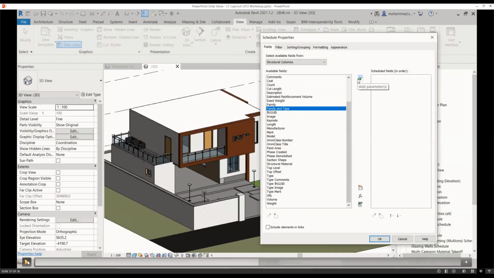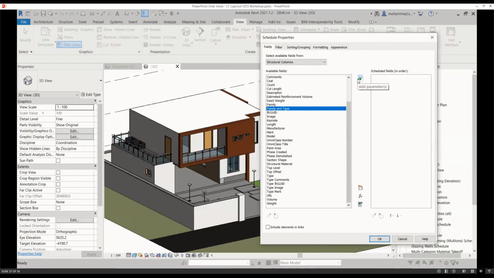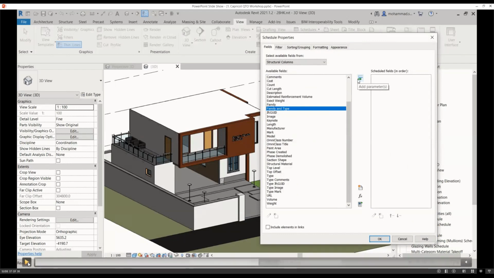As you can notice, this list has multiple fields according to the properties of that component. Okay, Monis sir, I'm getting a request that I should go a bit slow also.